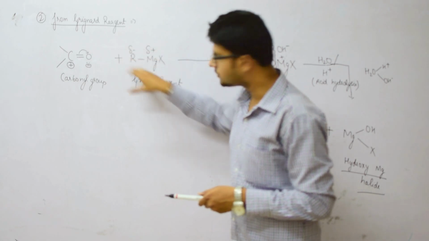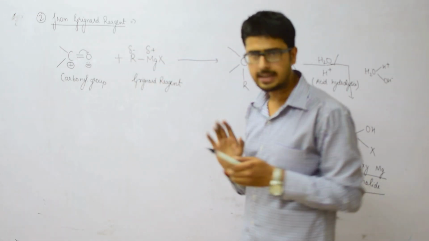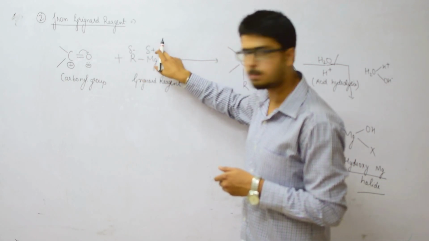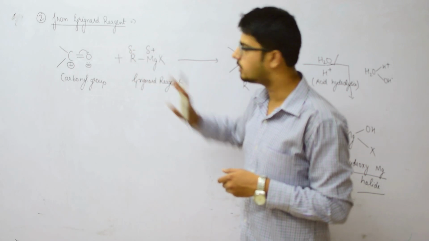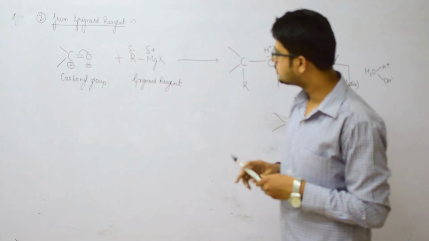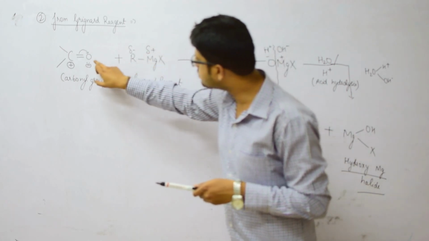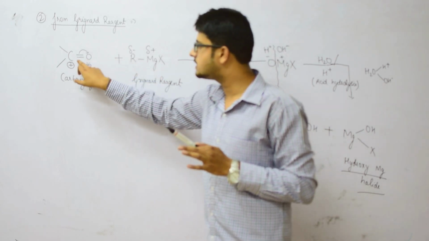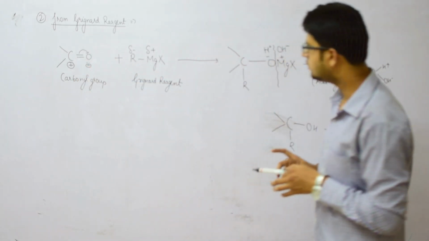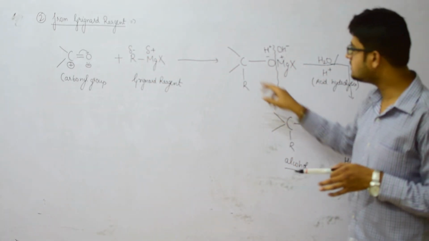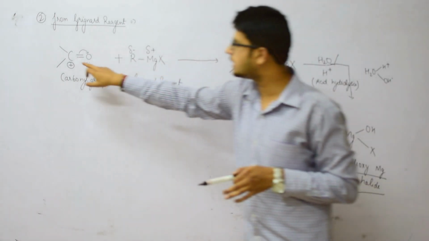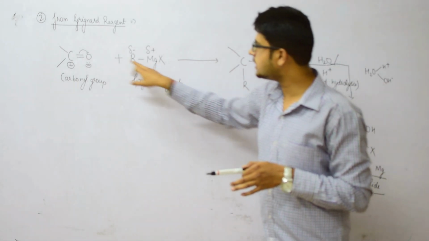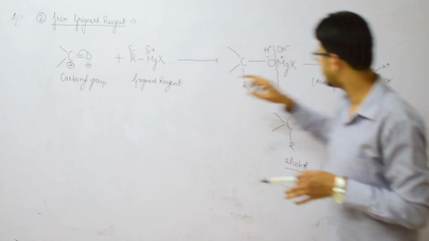Now this is our Grignard reagent. We know Grignard reagent has the form RMgX. We know that a partial positive charge is present on the MgX part and a partial negative charge is present on the alkyl part or R part. So this positive part will attack this oxygen atom which is having negative polarity, and this R group will attack carbon which has positive polarity. So after the attack has taken place, this carbon was already present in the carbonyl group and this R got attached to this carbon atom, and this MgX group got attached with this oxygen atom, leading to the